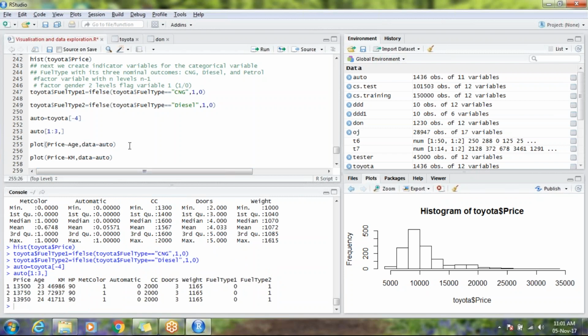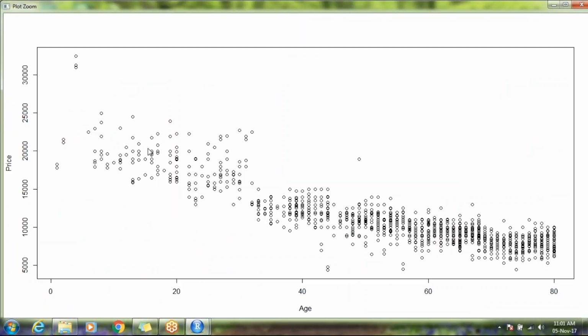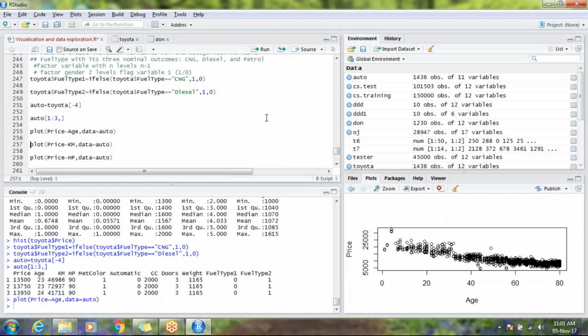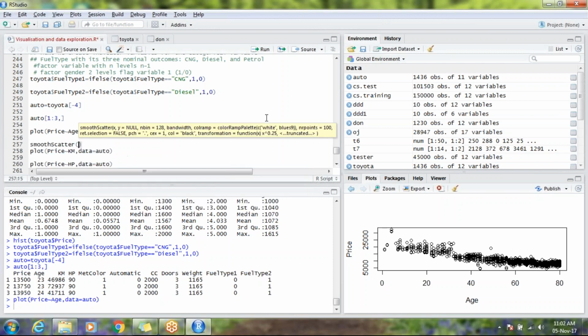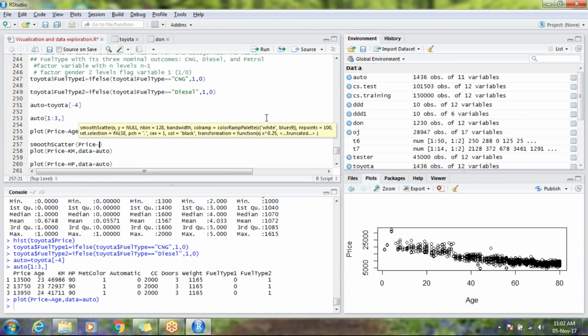So let us see some plots. One of price and age. Is there any variation with price and age of the car? So this is how it looks, but it's all scattered and it doesn't give me a good feeling of how it looks. So let us have a different plot and understand. There is something called a scatter plot or smooth scatter plot. Smooth scatter, and there I can do price with age